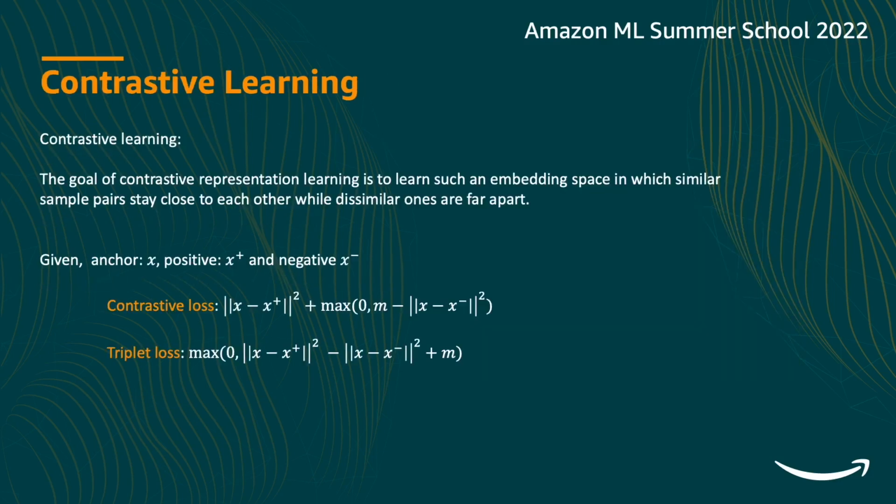Okay, so let us now quickly look at contrastive learning. Contrastive learning learns by contrasting between similar and dissimilar objects. The way it does this is that it learns an embedding space in which similar samples are projected closer together while dissimilar pairs are pushed further apart. Now, this is not specific to unsupervised learning. Contrastive learning is also used for supervised learning.